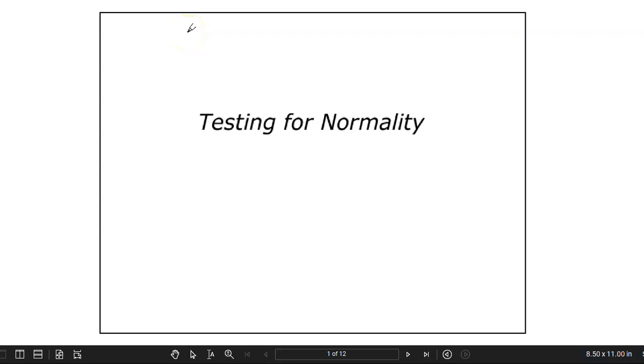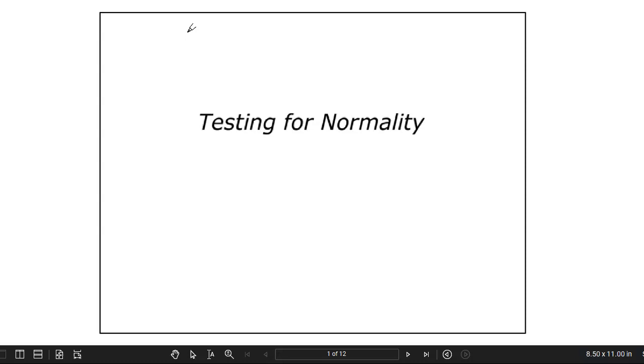In this video, what we'll do is take a look at process improvement data and test it for normality. If you've got business data, frequently it's going to be distributed like a normal curve, like a normal distribution. But it'd be nice if there were some tests that you could perform to confirm whether or not it's normally distributed. If it is normally distributed, then we've got a wide array of powerful analysis tools that we can